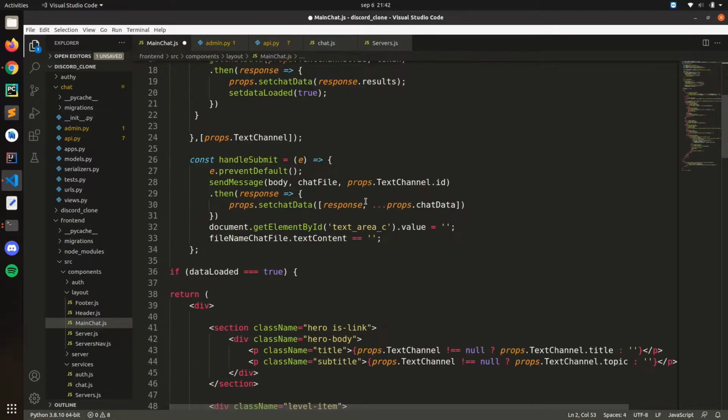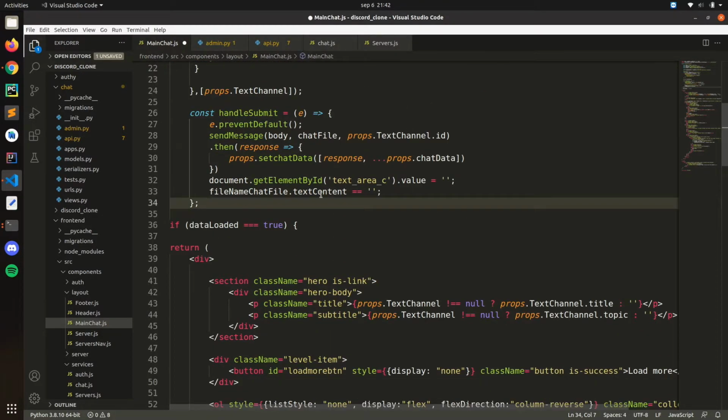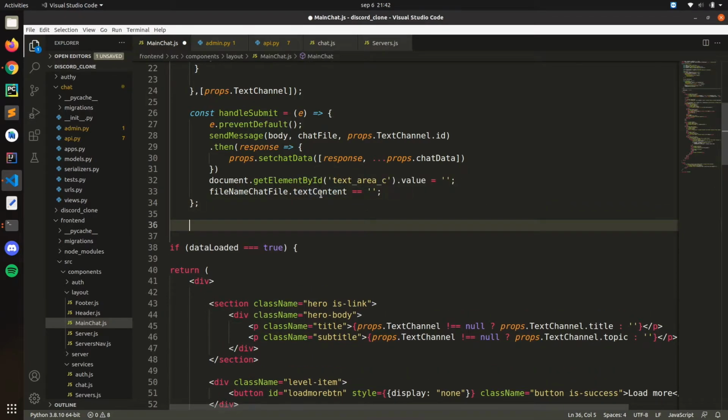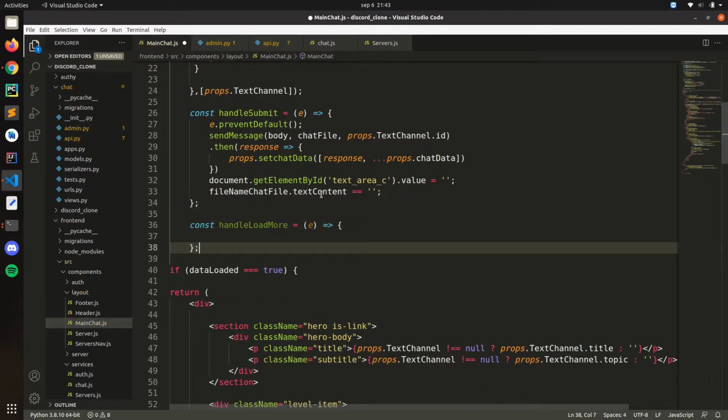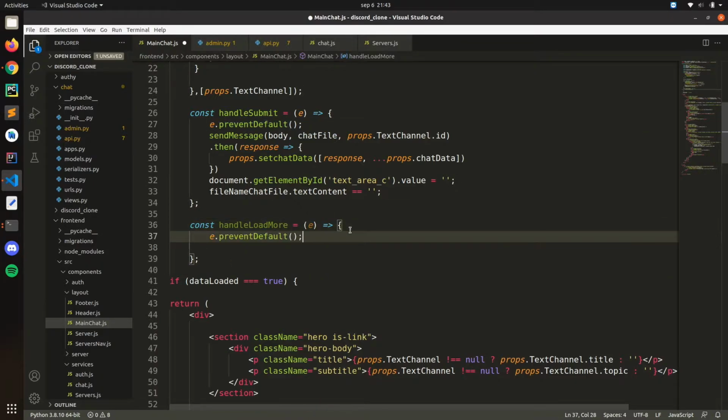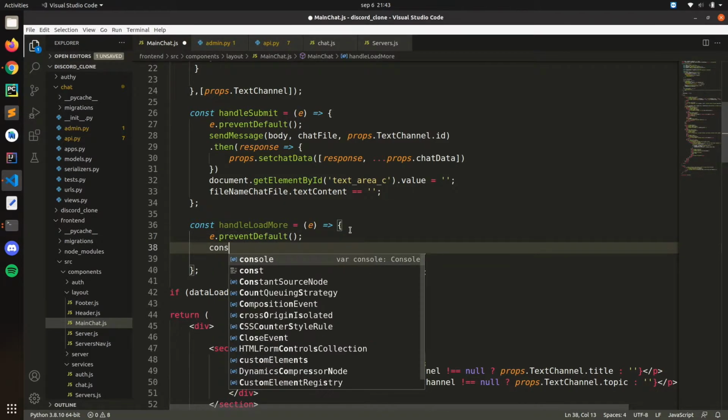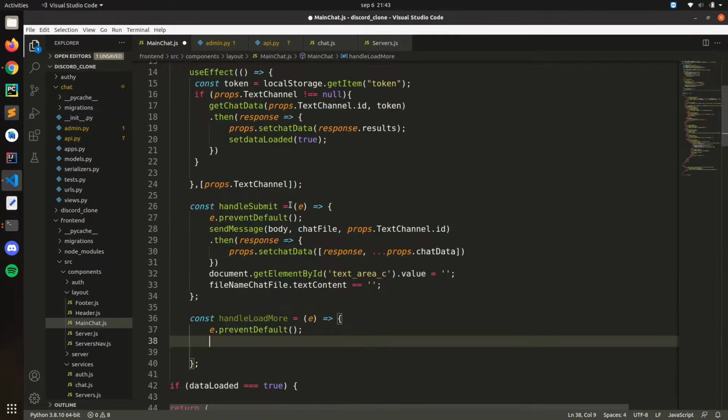Now let's create our function. Let's put it under handle submit. And then let's call it handle load. Just get event. Just like that. And let's just copy our prevent default. Okay. And then here we need the token, remember. So let's just copy this,